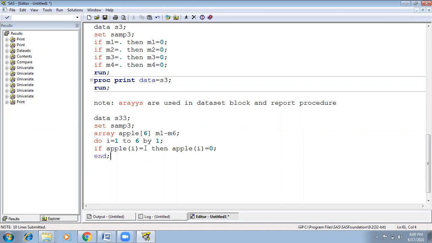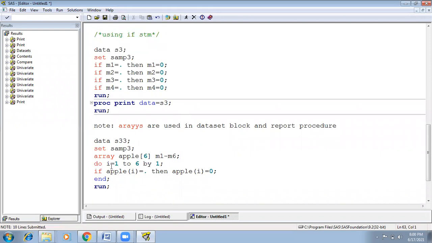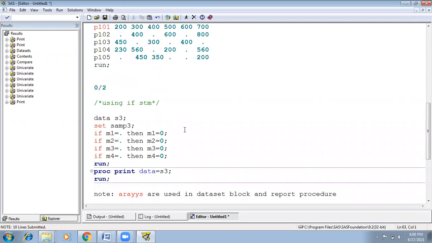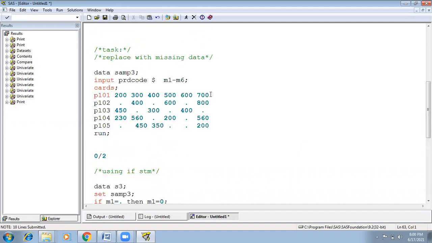The do block ends with end and then run. Anyhow, the looping variable is available, right? The looping variable tries to execute the next 7th column, but the 7th column is not available. So 1 to 6. Here 6 times, i equals 6 to 6. Yes, correct, that condition is true. Now increment by 1. There is no 7th column, but what is the i value? i equals 7. But the 7th column is not available, right? It automatically terminates the loop. But the i value is retained as 7.